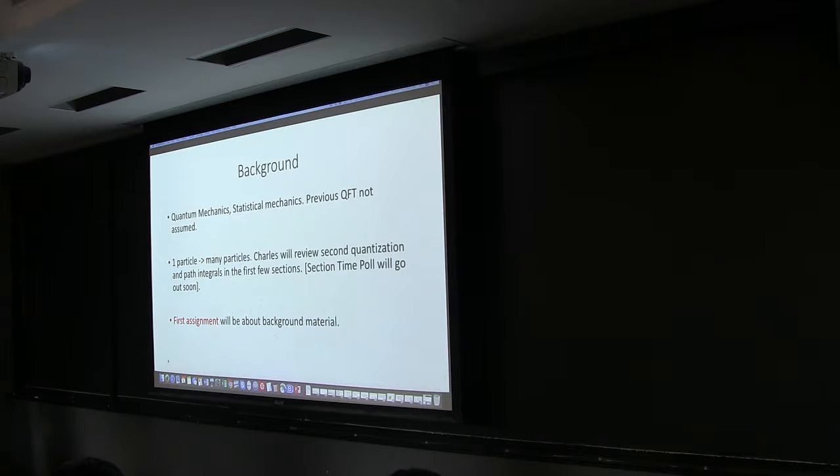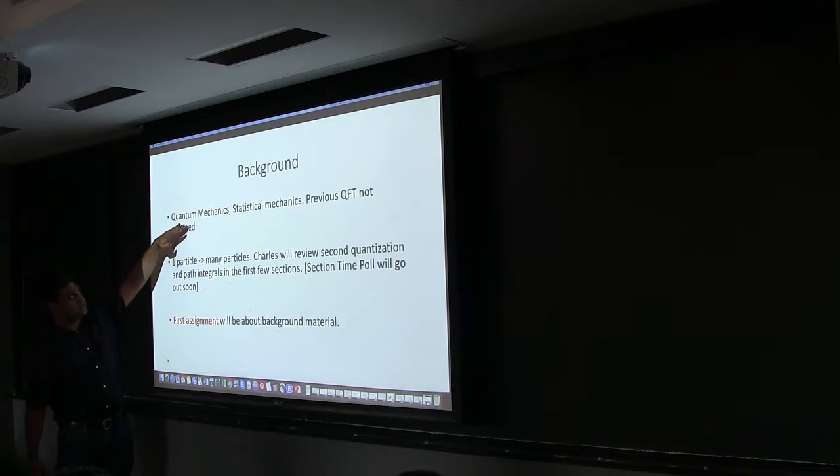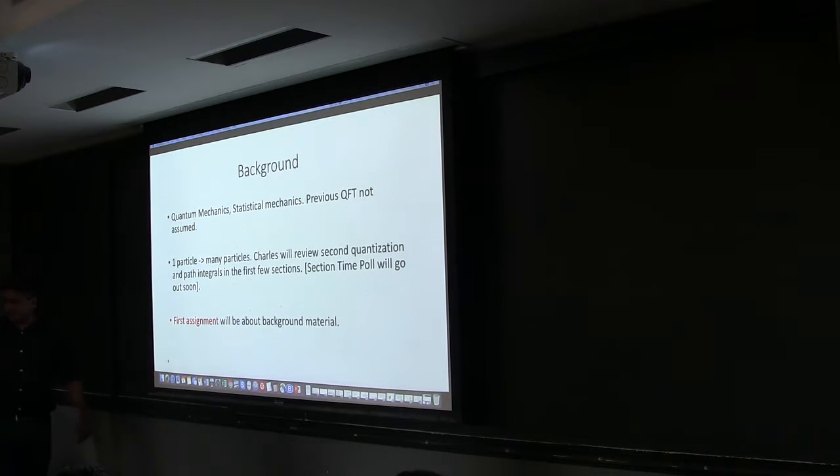Okay, so I got a few emails about what background is assumed for this course. The main thing that you really need to know very well is quantum mechanics. In some sense, you can say that what we're going to do is go from one particle quantum mechanics to many particle quantum mechanics. Again, what are the new phenomena that appear? And the big hurdle, of course, is to go from not knowing quantum mechanics to grappling with all of that physics. So if you really understand, or maybe not understand, but if you're comfortable using quantum mechanics, that will be the most important prerequisite. Statistical mechanics as well.